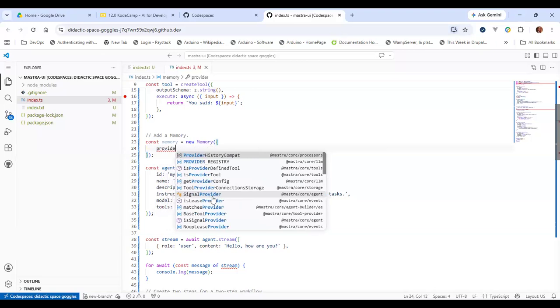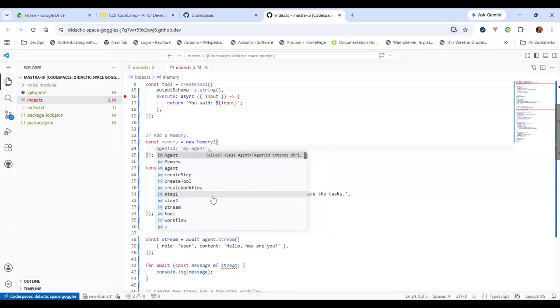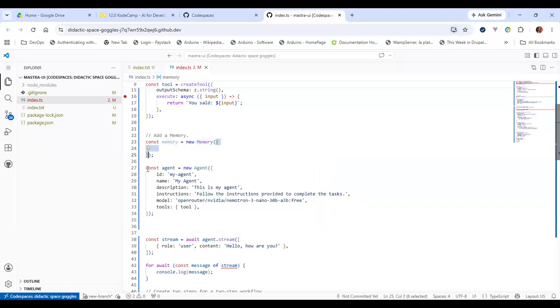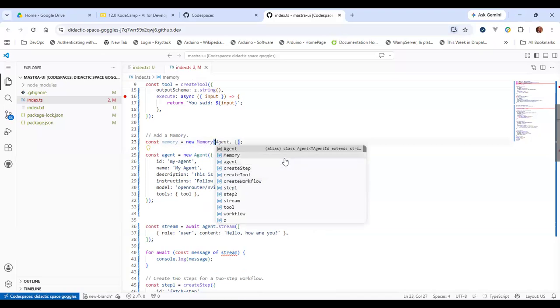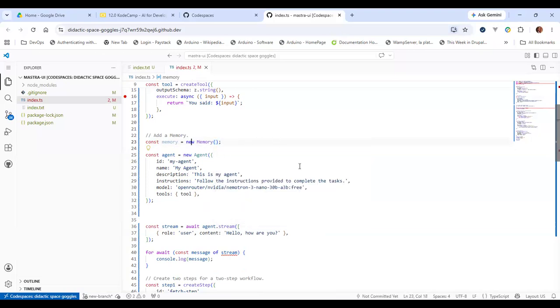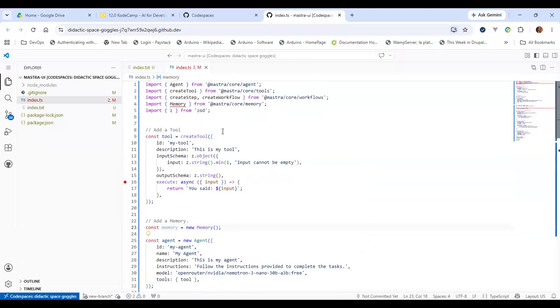So this doesn't look like it should have provider. Let me be sure I'm getting this correct. The type hints are not working.